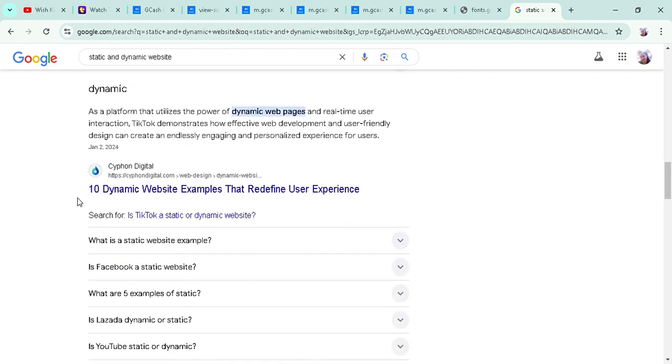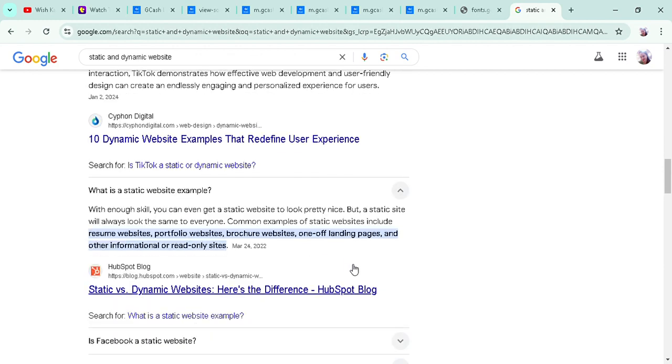Okay. What about static? With enough skill, you can even get a static website to look pretty nice, but a static site will always look the same to everyone. Common examples of static websites include resume websites, portfolio websites, and brochure websites. Okay, I understand now. So if you use a static website, for example, Gcash, you cannot change the data,